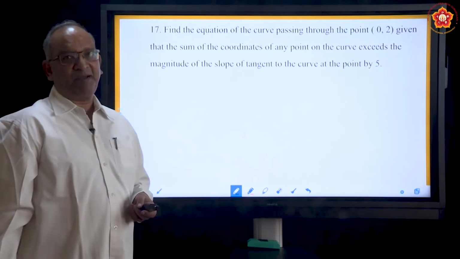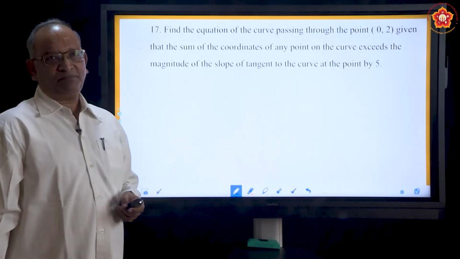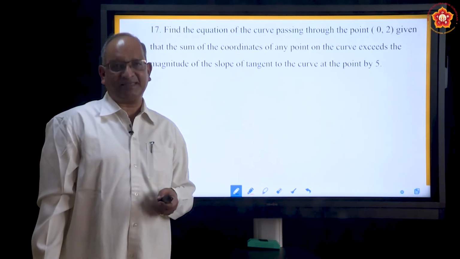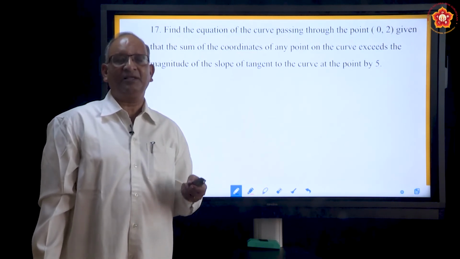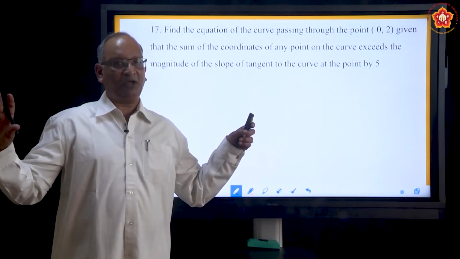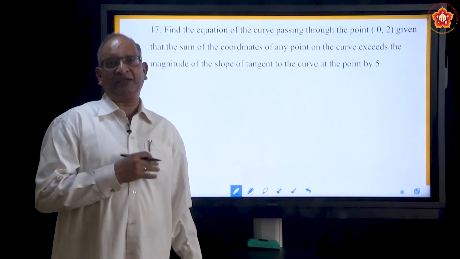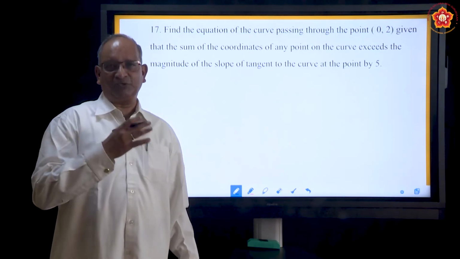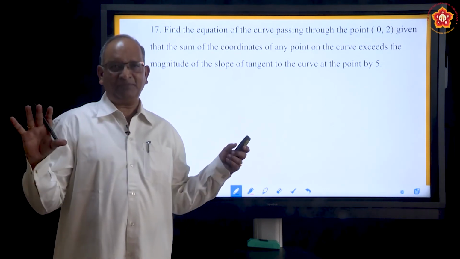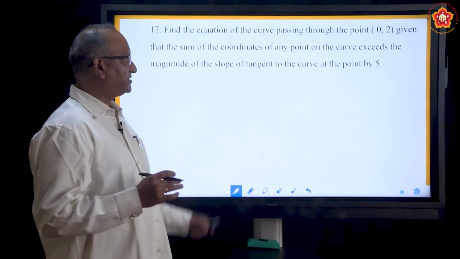We are coming to the last part of this exercise. It is a word problem, and we have seen word problems in the previous exercises also. With homogeneous type we have seen, variable separable type also we have seen. Just try to understand the word problem, just like when you were studying in 9th standard, 10th standard, when you studied about equations. After learning the equations, toward the end, the last exercise used to be a word problem. He will give a problem in words which you have to convert into equation, and then you have to solve it. So, this is of that type.